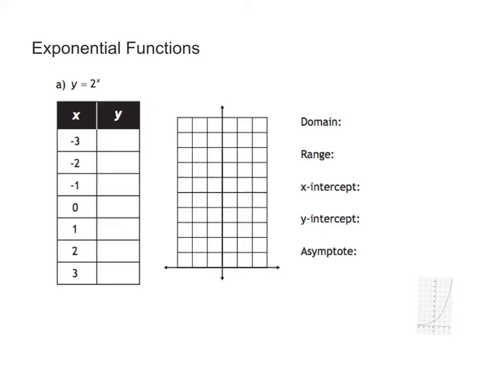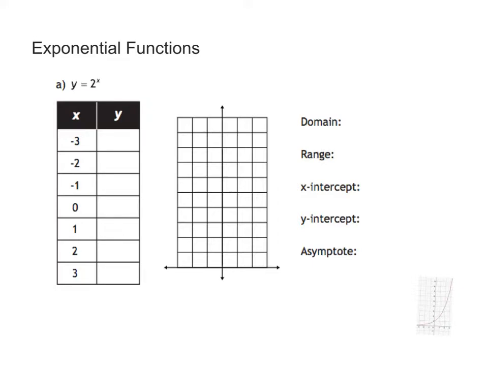If you just had y equals x squared, that has an exponent in it, right? But it's not an exponential function, because the exponent in y equals x squared is 2. This one, y equals 2 to the power of x, is an exponential function because the exponent is the variable. So when we look at this one, y equals 2 to the power of x,